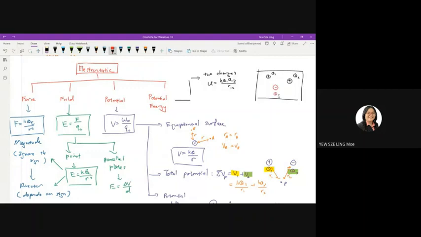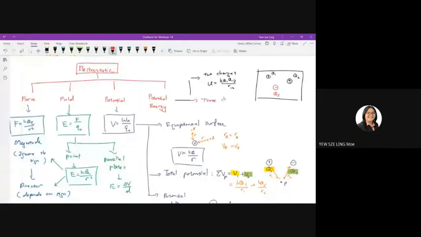Okay, if you want to add the third charge into the system, you need to calculate another energy needed to add in the third charge. This is the energy needed to overcome the force coming from Q1 and also the energy needed to overcome the force from Q2. So if you have a system of three charges,